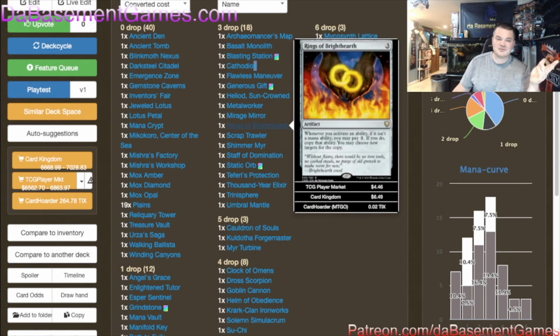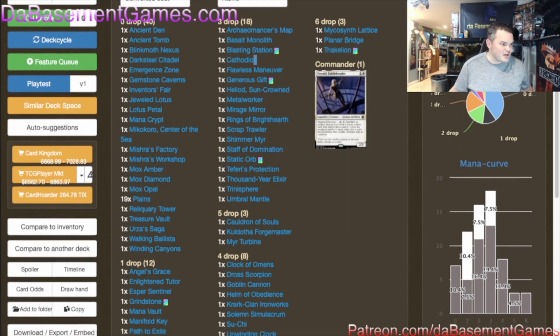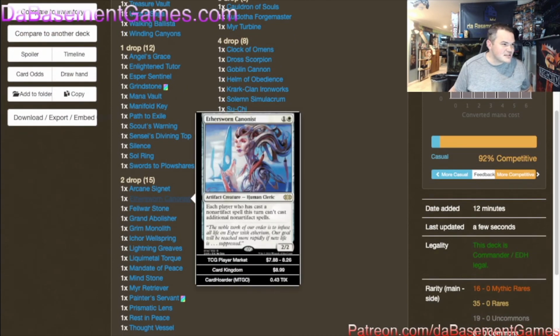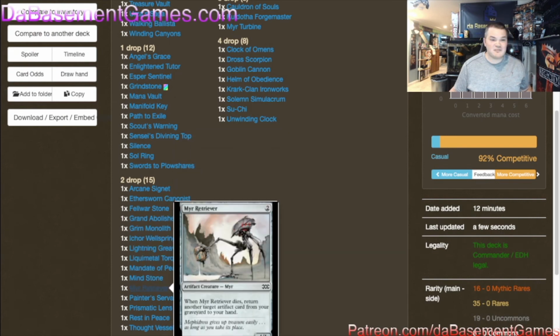Rings of Brighthearth, as I showed you before, was a combo enabler. Scrap Trawler is another one that combos off with things like Blasting Station and a bunch of these other creatures. For those that haven't seen this before, whenever Scrap Trawler or another artifact you control is put into a graveyard from the battlefield, return to your hand target artifact card in your graveyard with lesser CMC. So Scrap Trawler is a 3-drop, right? I showed you a 2-drop a minute ago that I said is a combo piece. It is Mirror Retriever. So a 2-drop and a 3-drop, and these both bounce back to your hand,